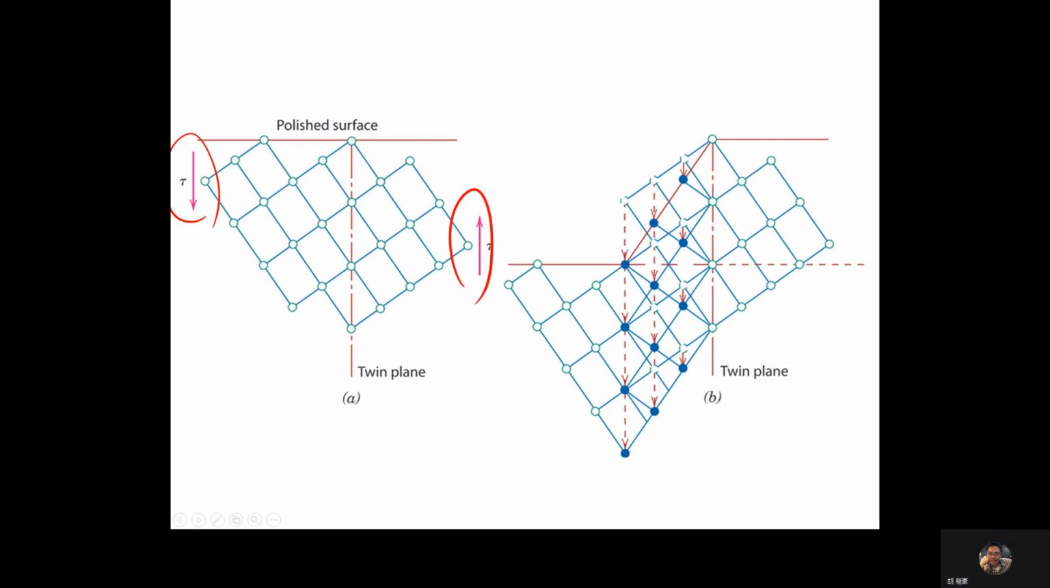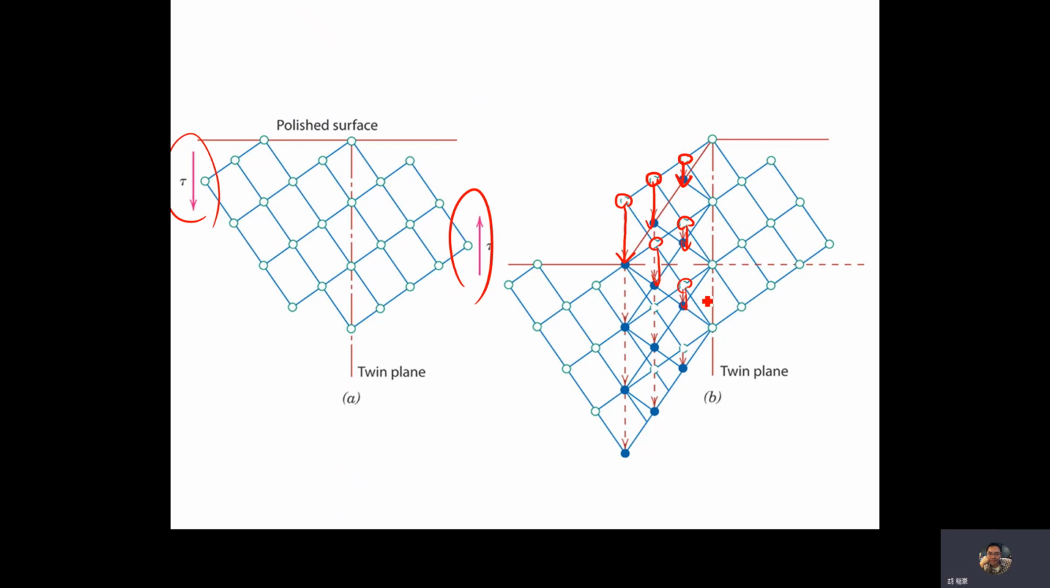We have a structure like this, and we apply the shear stress on it. So after deformation, after the atoms move, right? For example, the atom from here moves to here, the atom from here moves to here, the atom from here moves to here, and some atoms move like this. After deformation,